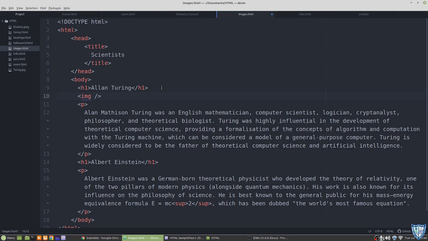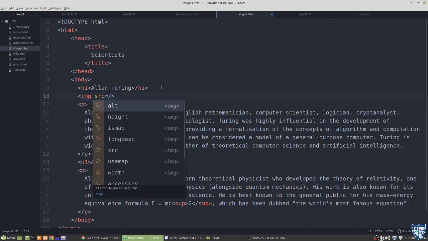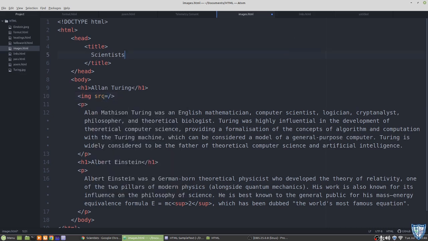The img tag has an attribute known as the src attribute. Src stands for source, and for the source attribute you have to specify the path of the image file. Path means where the image is in your computer.